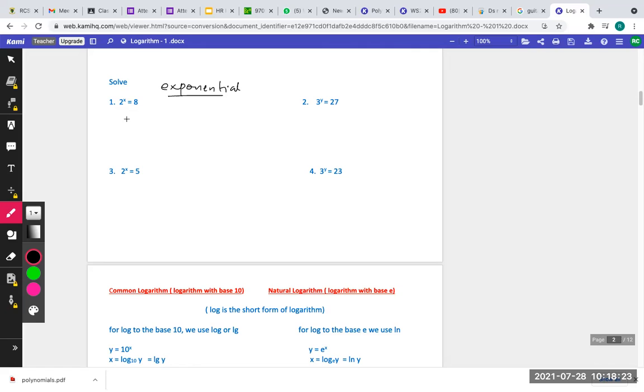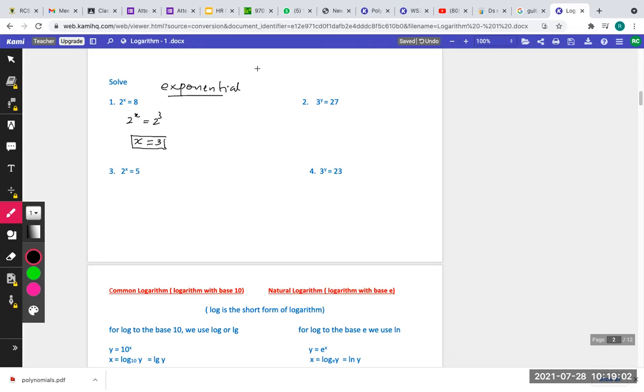Meaning what? The variable is coming as a power. See, x is the variable which is a power, right? So exponential equation, how do we find the value of x? Since the first 2 questions are pretty easy, right? Because I can write 8 as 2 to the power 3, right? 2 raised to the power 3 is 8. So since 2 to the power x and 2 to the power 3 are equal, the only way is x should be equal to 3. So we can solve this exponential equation very easily.